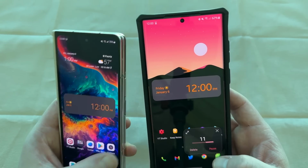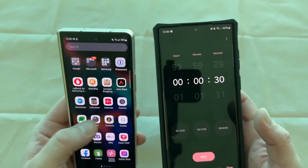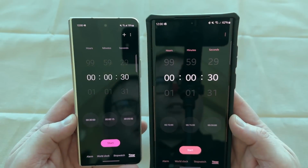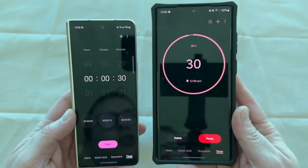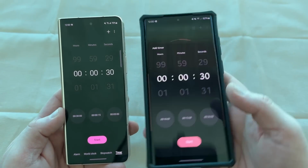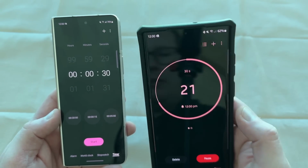Let me actually close this one and delete this one. Go back into the clock application on both of them. If you have multiple different timers, you see how easy it is to actually dismiss it on the right and not on the left. They've changed some of the format. So now if you're in a timer over here, you can notice that you can actually go up here to the top and add an additional timer. So I could do like a 1 minute and 30-second timer. And now I have 2 of them, which I can swipe